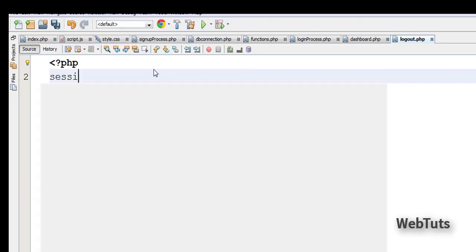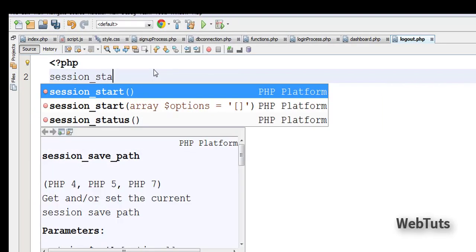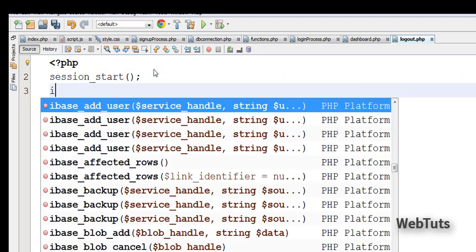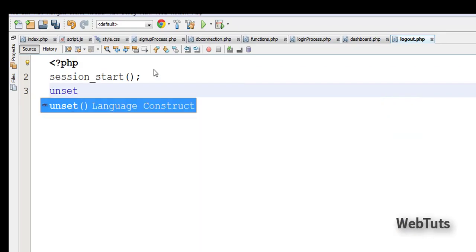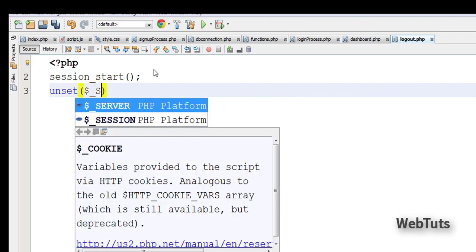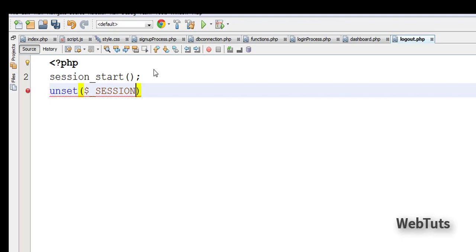First of all, session start. Now unset dollar underscore session email